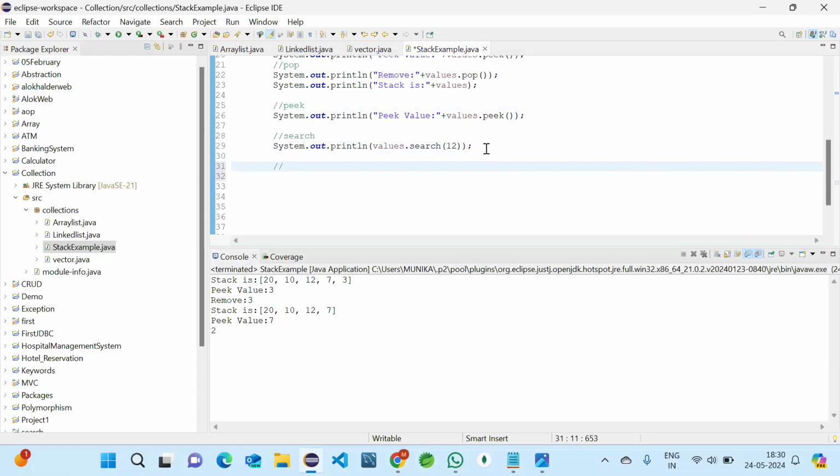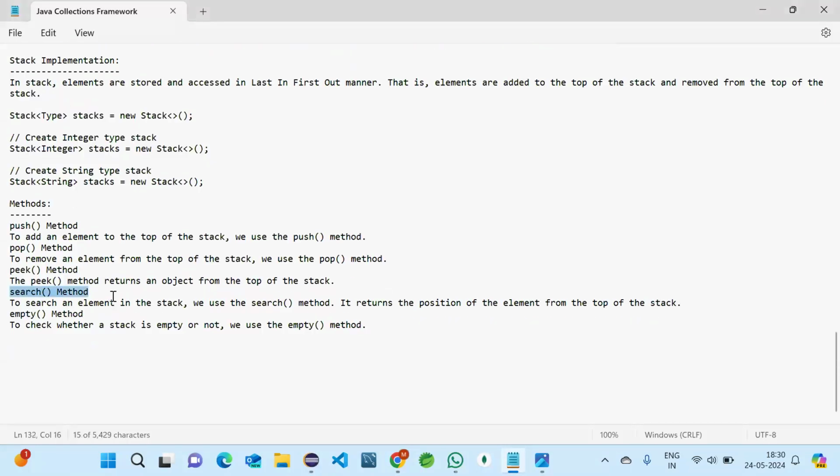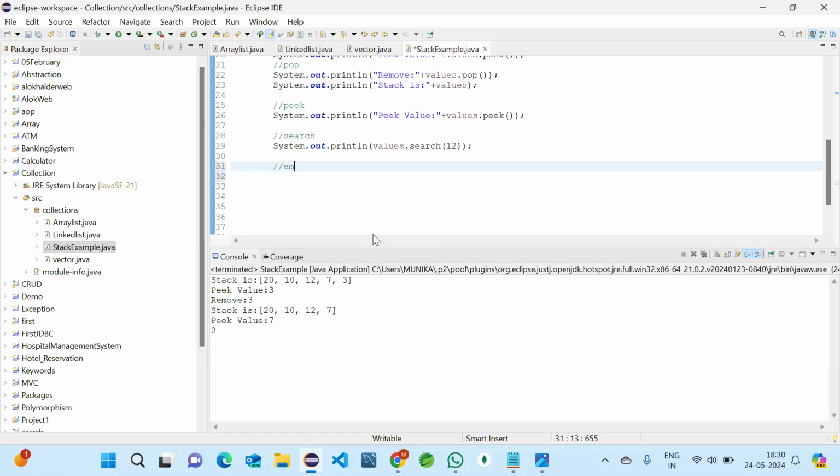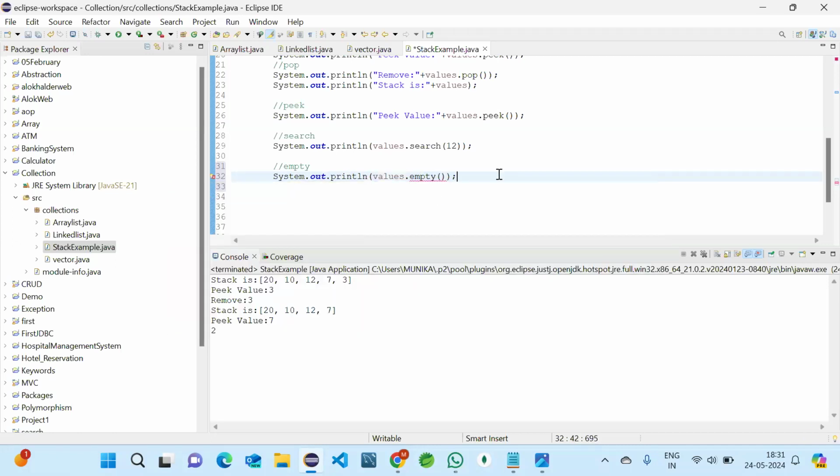And one more operation is empty, as I said. Search we have completed, peek we have completed, we have empty left. So what we'll do? values.empty.